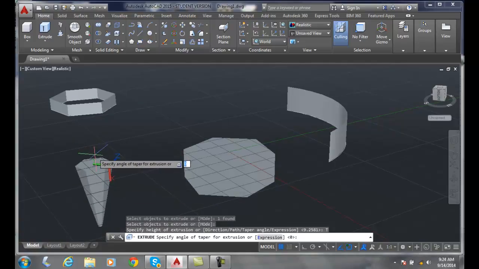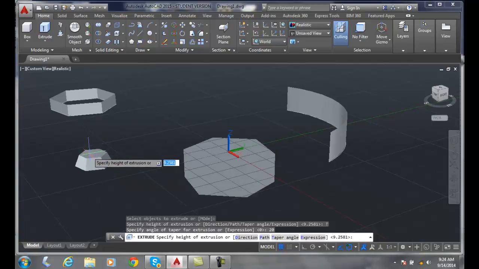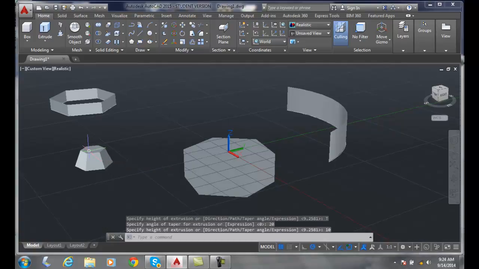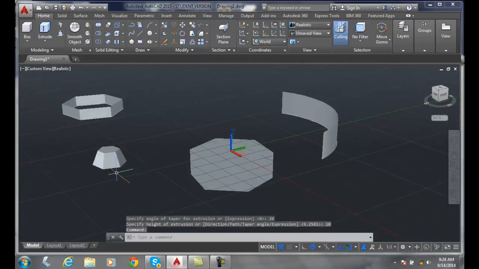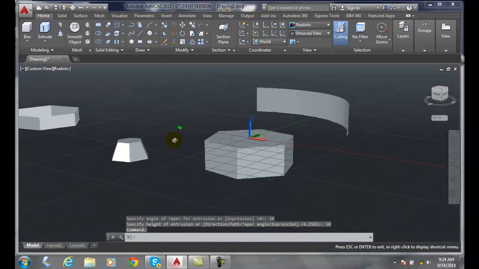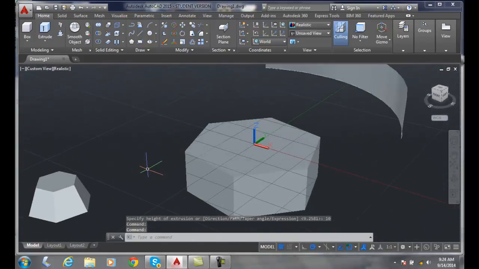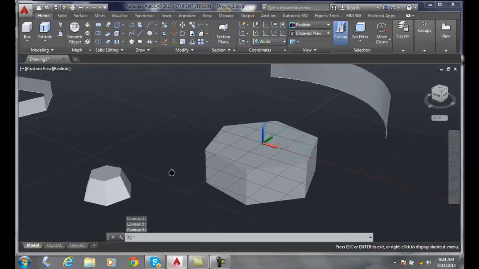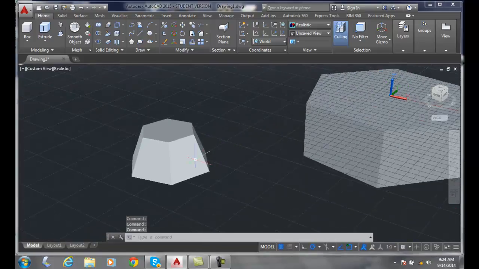Well, let's make it a little more so you can see it. So I'll say it's 20, and now I have it. You can see how it tapers, and I'll say the height is 10. And now you can see that it tapers. So there we go. We can always put a taper on it, and we can go anywhere from a